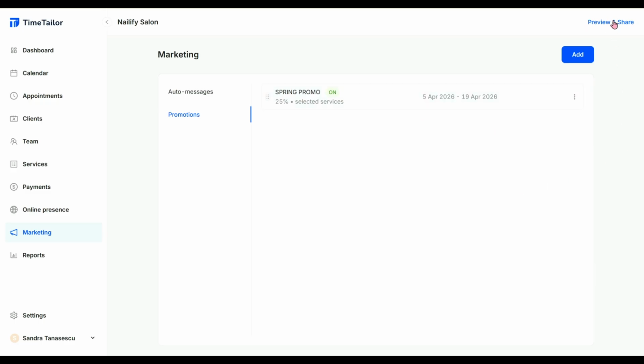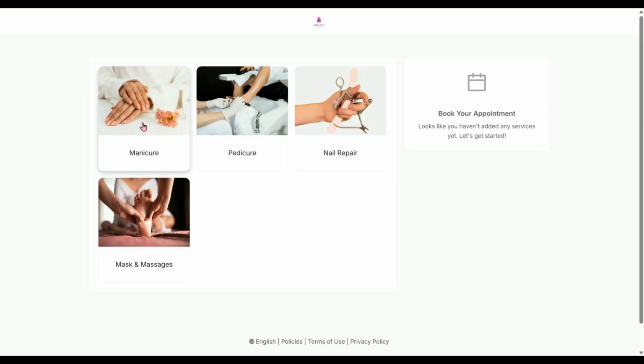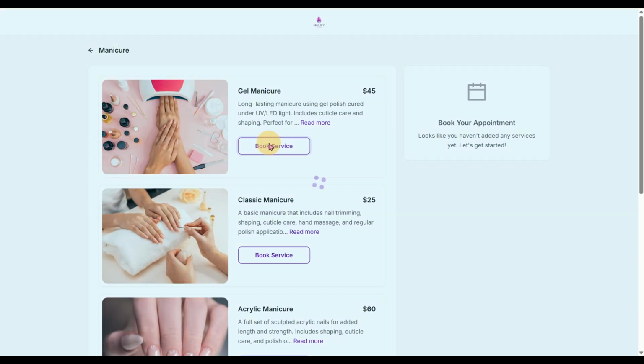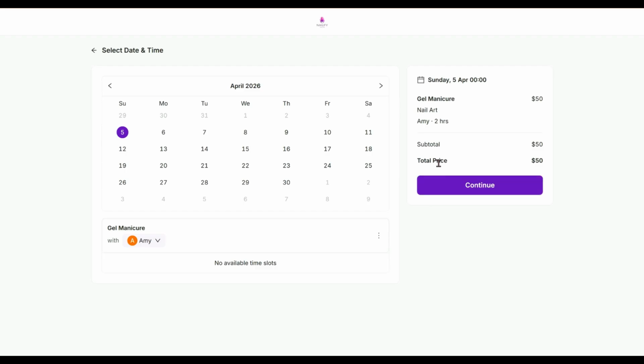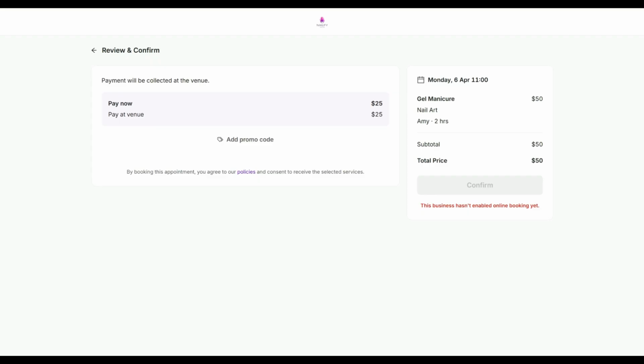Now let's preview it in our booking link. We go to Preview and Share, then open the Preview menu. Here we can see how the menu looks to your clients. Let's say we go to Manicure and choose a gel manicure with Amy. We also want nail art, so we add the service, then we continue and select a date, say the 6th at 11. Finally, on the payments page, if we click on this button and enter Spring25, we should see our